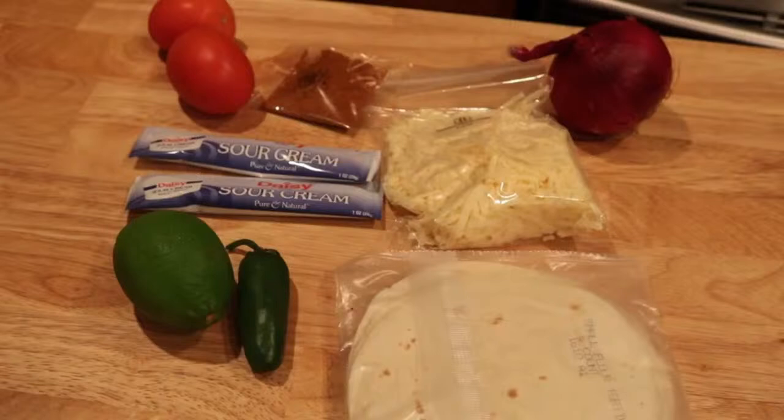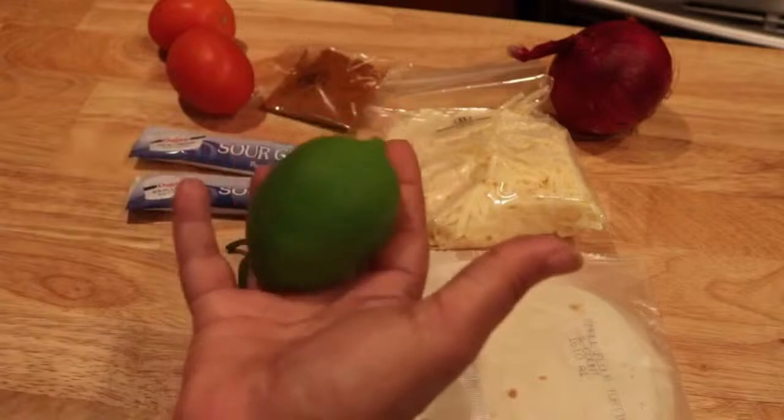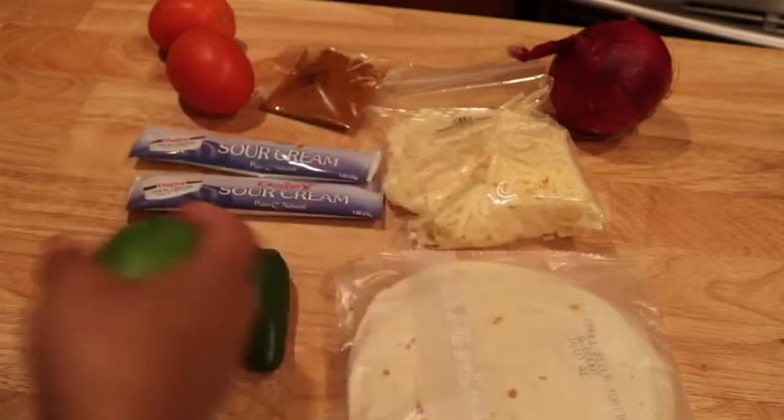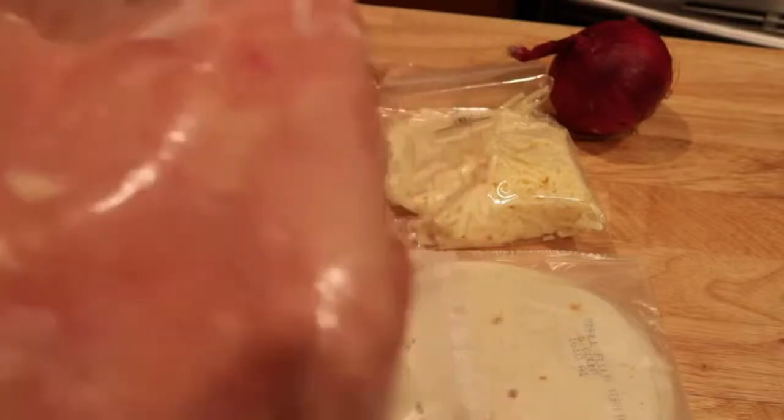So I'm going to core and dice my tomatoes. I'm going to half my lime. I'm going to juice half, and then I'm going to cut the other in slices, in quarters. I'm going to, where's my chicken? Yes, it's chicken